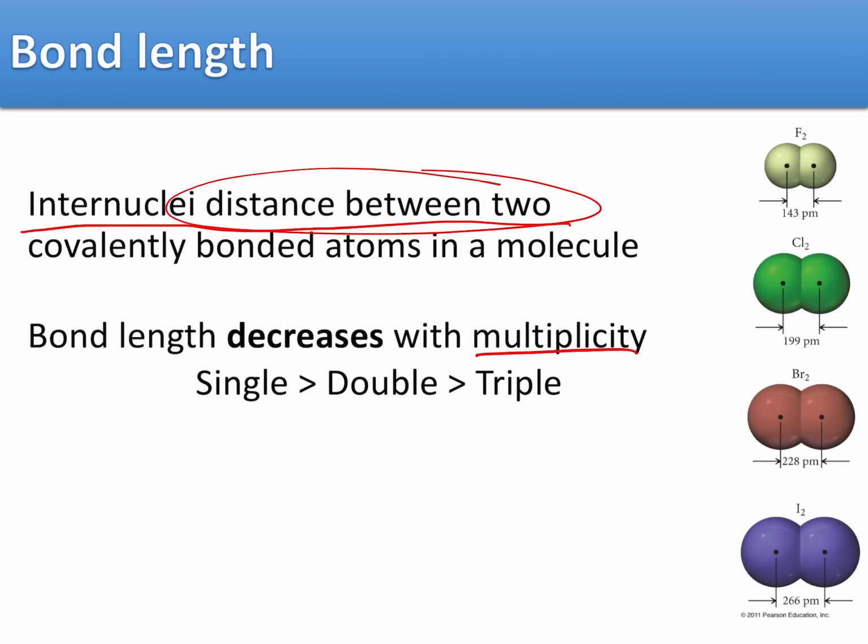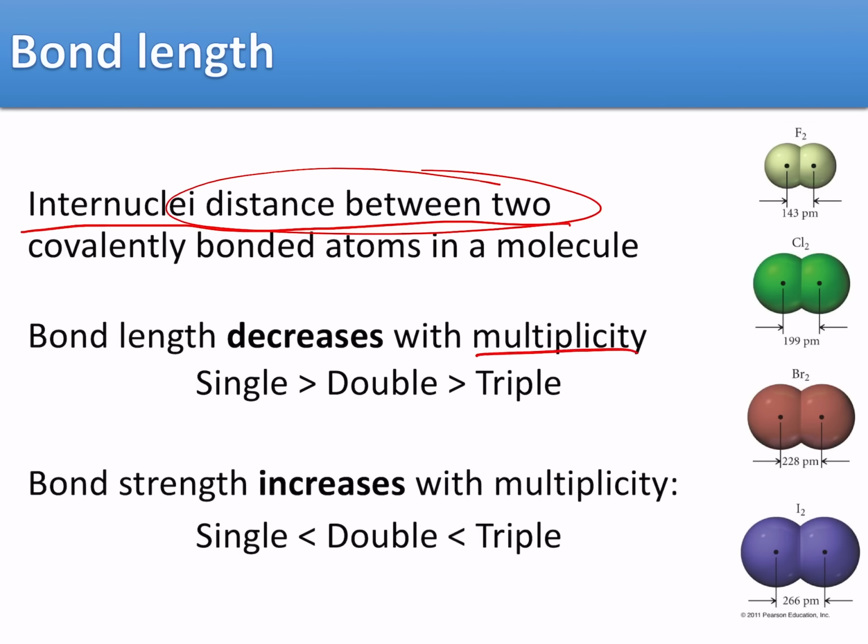One is the bond length itself, and the other one is the strength of that bond, and how it changes when you change the multiplicity. Let's keep the direction going from single to triple, meaning you are increasing the multiplicity of the bond in both cases. If you go in that direction, when it comes to bond length,